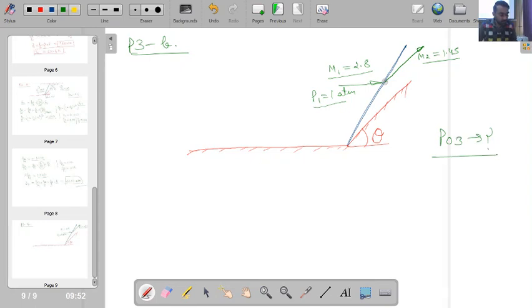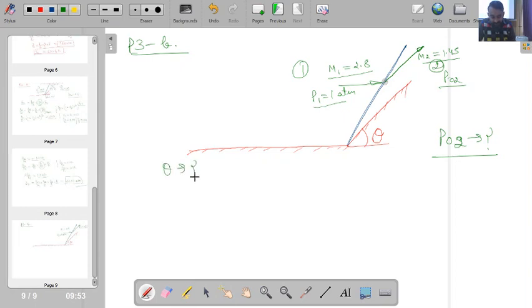Sorry, P naught. Now it will be P naught 2, stagnation pressure, because if this is station 1, this is 2, so it will be P naught 2. It is asked that we have to calculate actually P naught 2. Okay, but if I start with the question, so the question is that